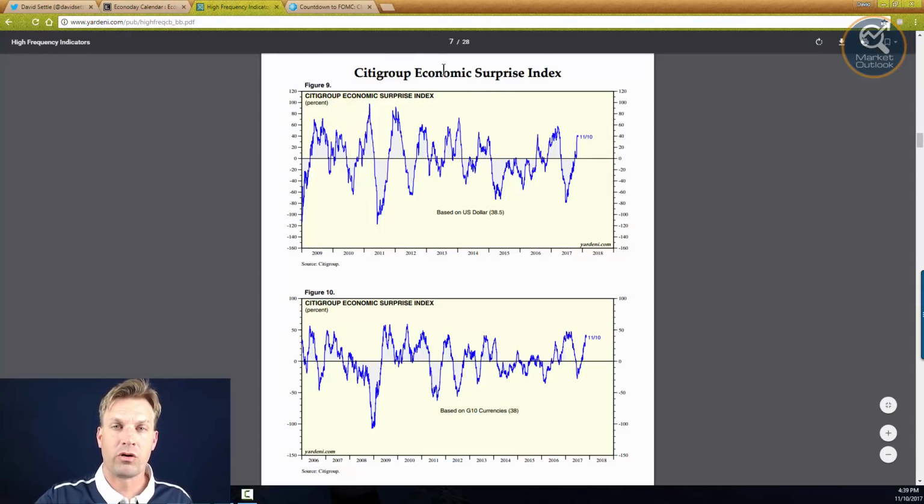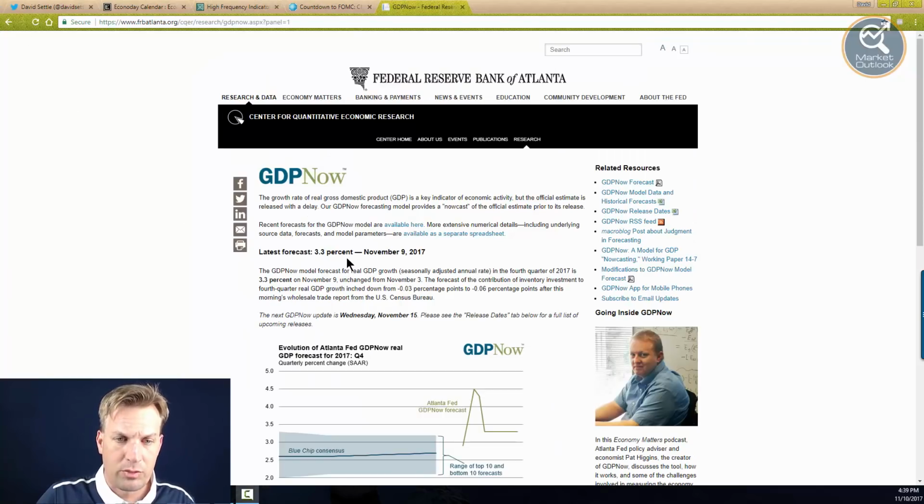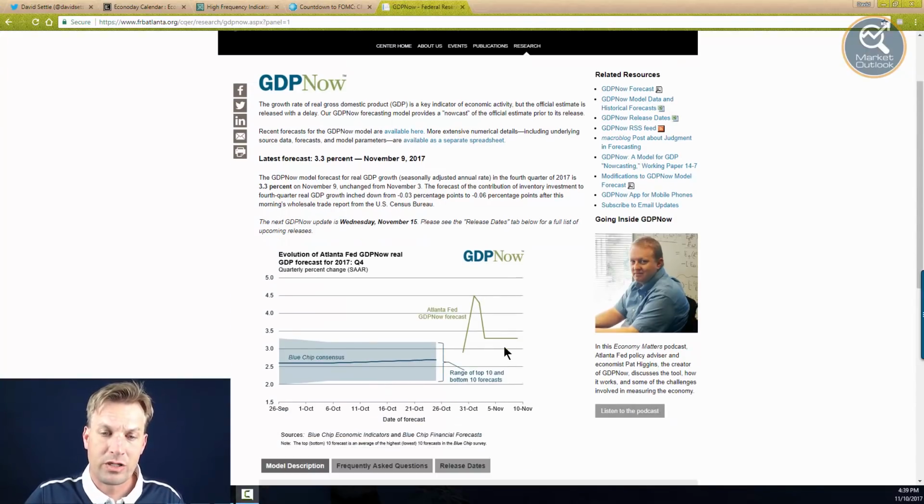The Q4 GDP expectations are still, what are they, at 3.3% here, and they won't be updated until next Wednesday. So they're still pretty high, and they were at one point at 4.5%. But we also know that this always starts off high and ends up a lot lower. We also know there was the comment from Greenspan about the idea that we won't get to 3%. That he's not expecting a big dramatic drop in the markets like we saw in 2007, but he's also not expecting us to get to 3% economic growth either, because if we take a look at yields and inflation expectations,